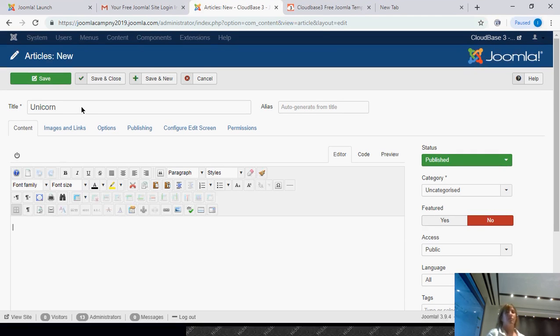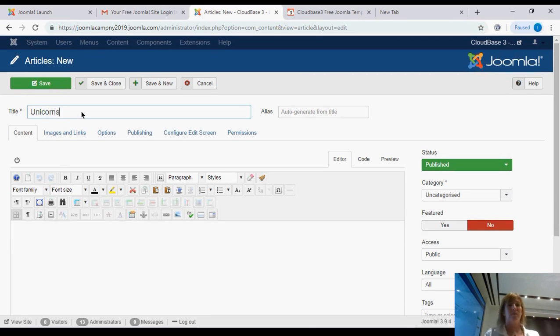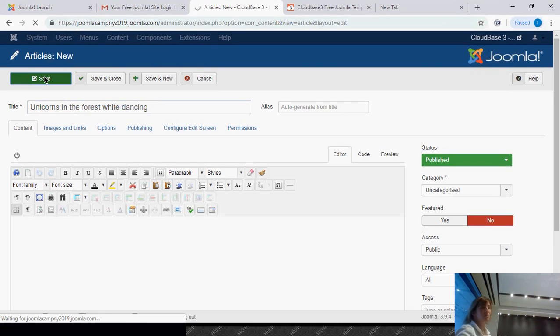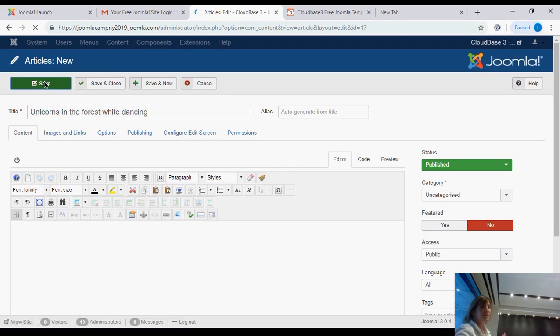Right. But if I write my own alias, that's the format that I usually use. But you're saying you don't have to? You don't have to. So look, you can see it right here: unicorns in the forest, white dancing, whatever. So if I just hit save,